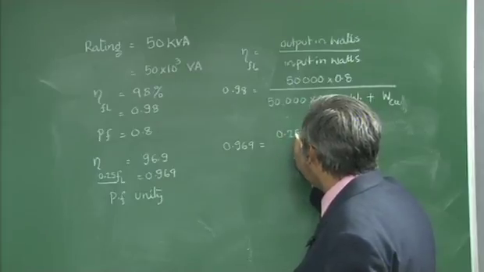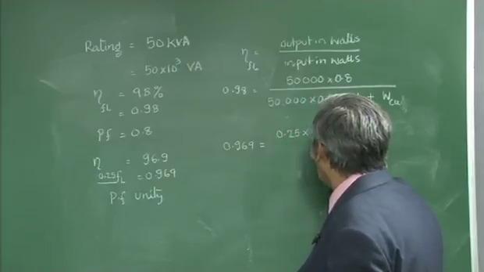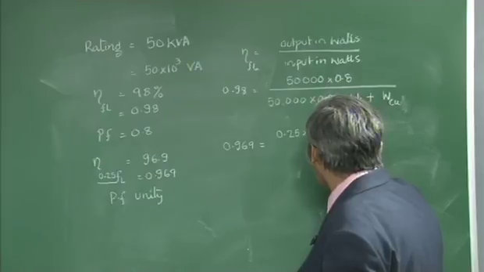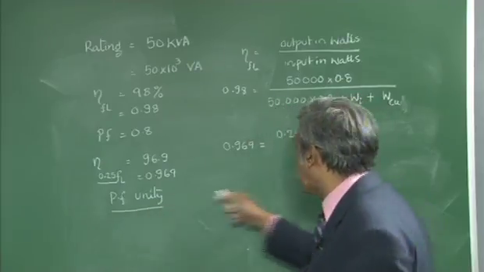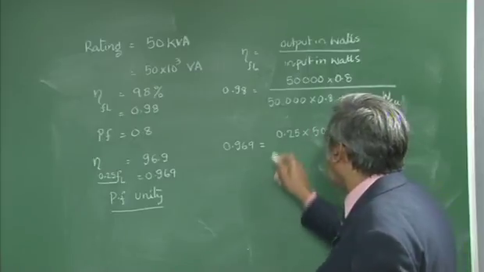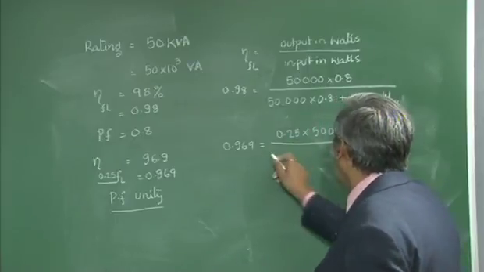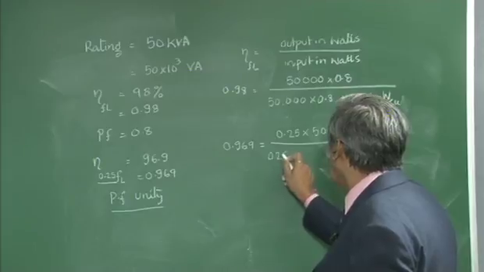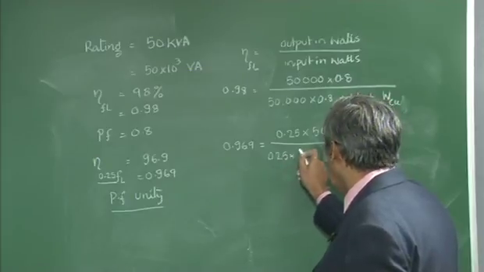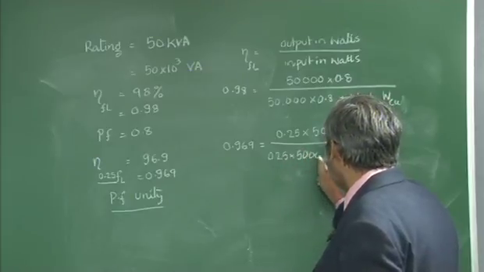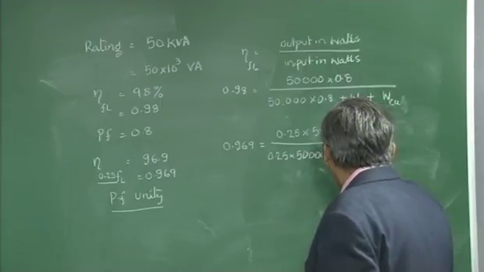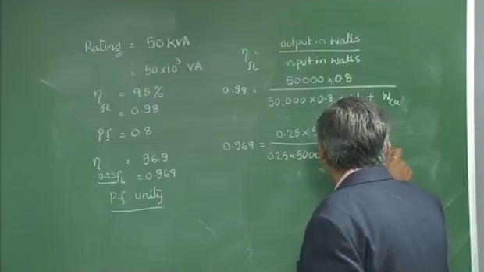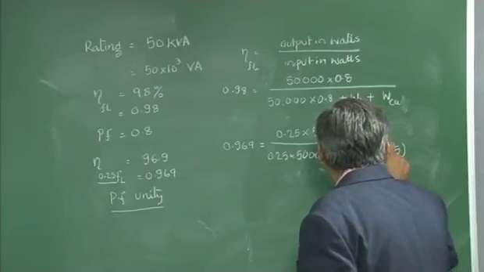So 0.25 multiplied by 50,000, and at what power factor? It is at unity power factor, therefore multiplied by 1, divided by 0.25 into 50,000 multiplied by 1, plus iron losses, plus 0.25 square